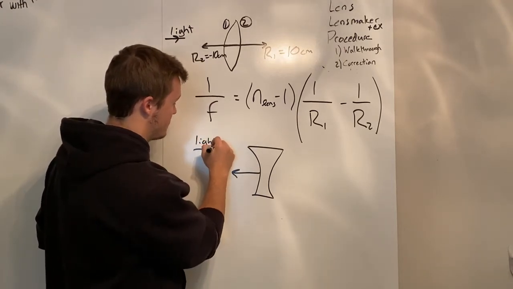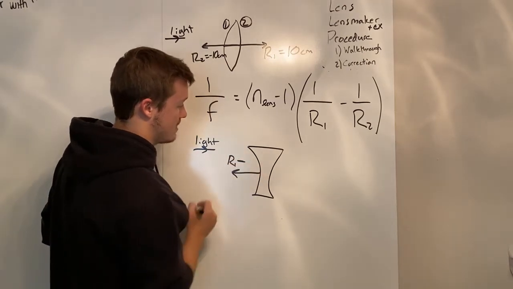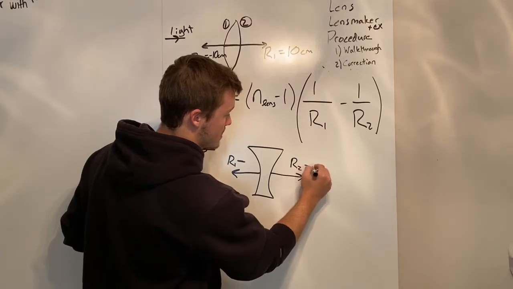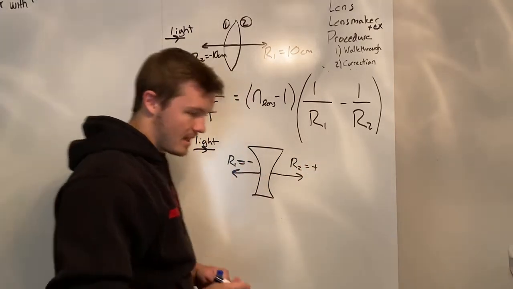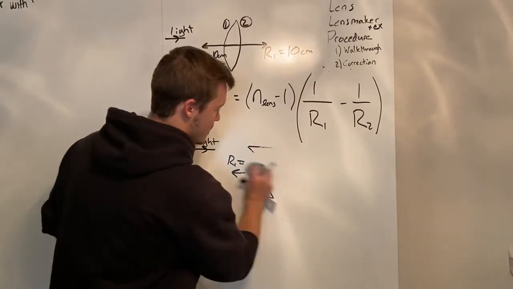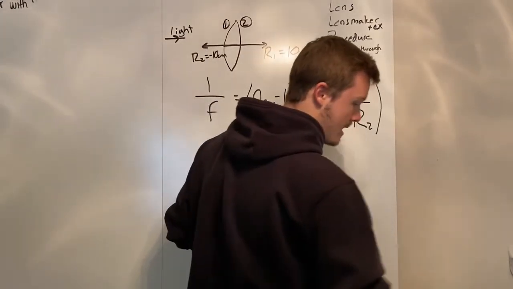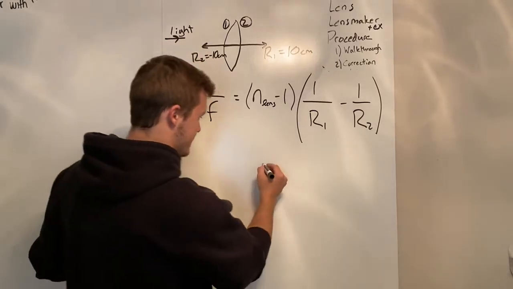So this is our light. So R1 is negative here, and R2, pointing in the direction of light, is positive. Just do it like that. Okay, so that's an aside. Make sure you keep in mind which direction your radius of curvature is pointing in order to keep those things straight. Oh, you know, the last thing I'd like to say about the sign convention too is that